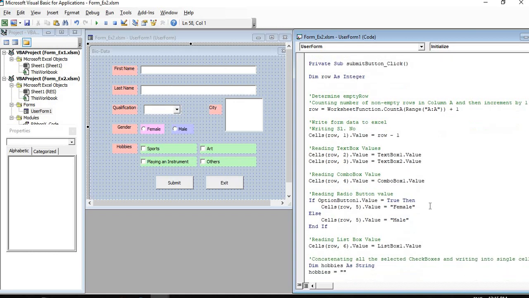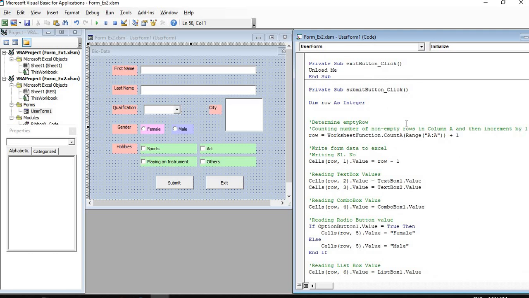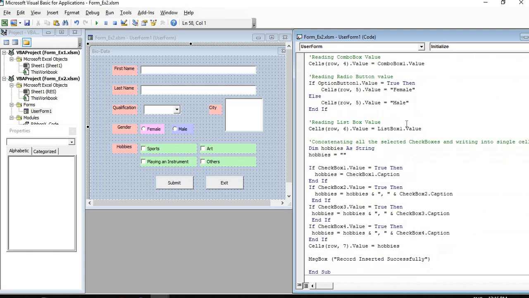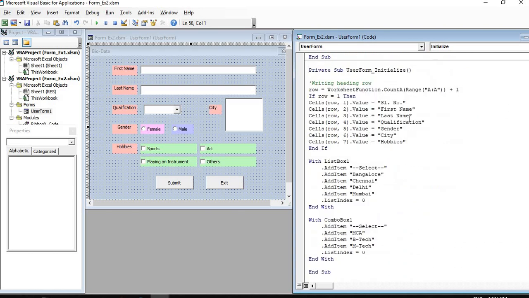So here there is a code for this. Let me explain this code. As you have observed, when we executed this form, as soon as I executed the form, first the heading row was inserted. That is because I have written code under user form initialize.